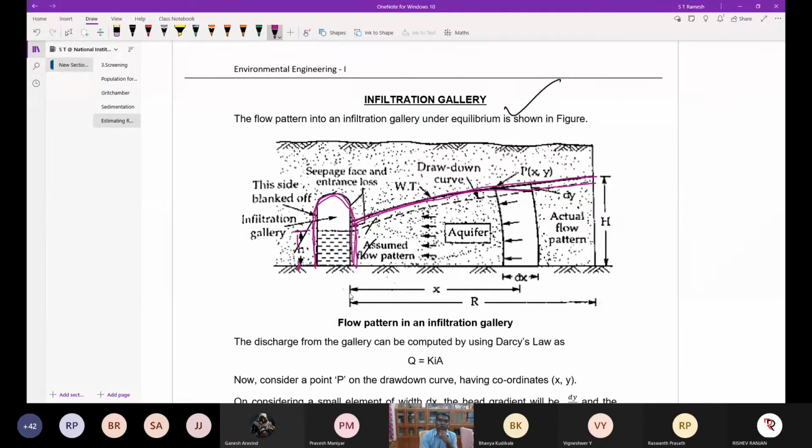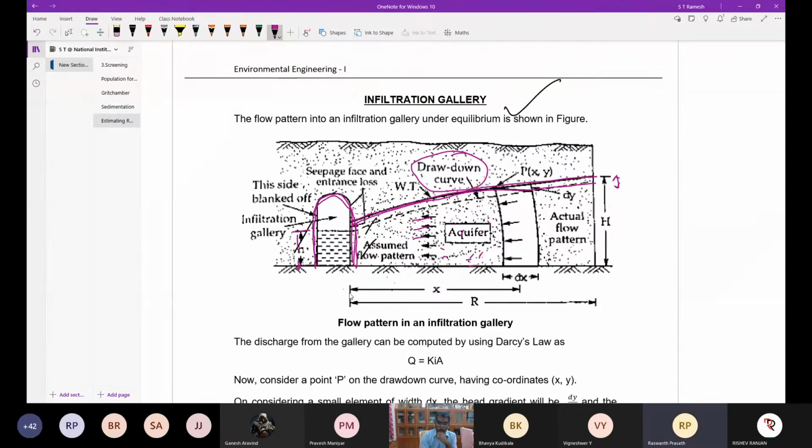If I withdraw water from the infiltration gallery, there could be a reduction in the water table. That reduction in water table you can simply call drawdown. So water will be seeping from the aquifer to the infiltration gallery. That's what the arrows towards the infiltration gallery mark. You can see the water flow movement, and these are saturated soil. Is it okay?